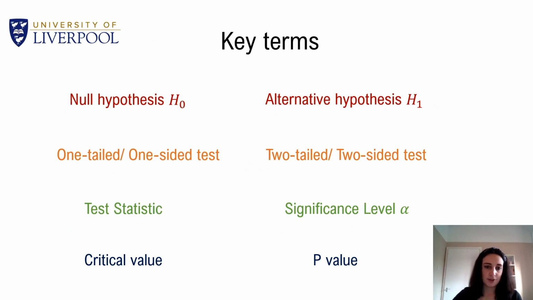You'll also come across the following key terms: null hypothesis, often denoted H0, the hypothesis that you assume is correct until you have evidence to suggest otherwise. This is usually that there is no significant difference or no effect. Alternative hypothesis, the hypothesis we suspect is true if the null hypothesis is not. If there is significant evidence against the null hypothesis, then we will reject that in favour of the alternative. This is usually that there is a difference or some effect, and it's denoted H1.